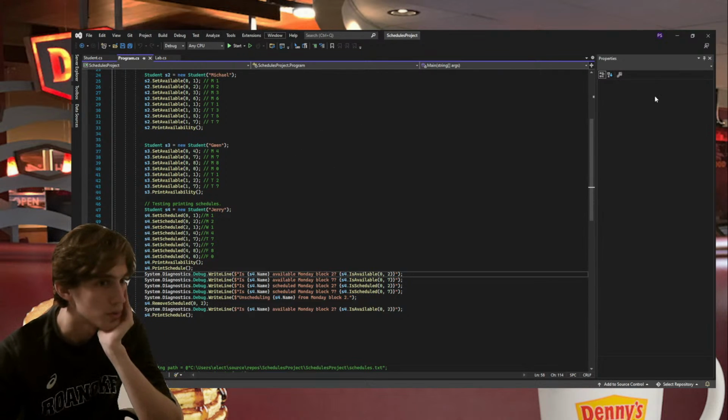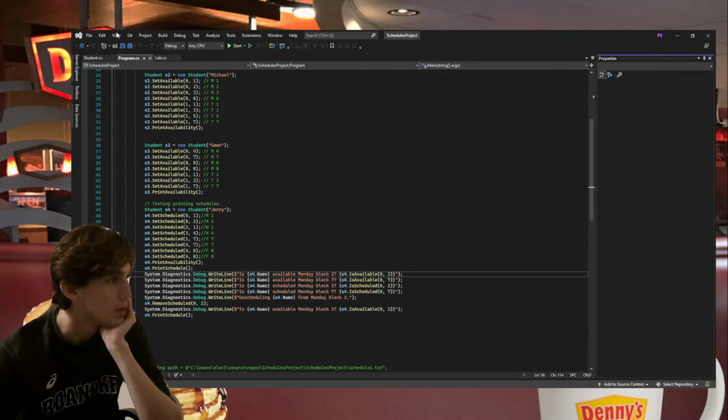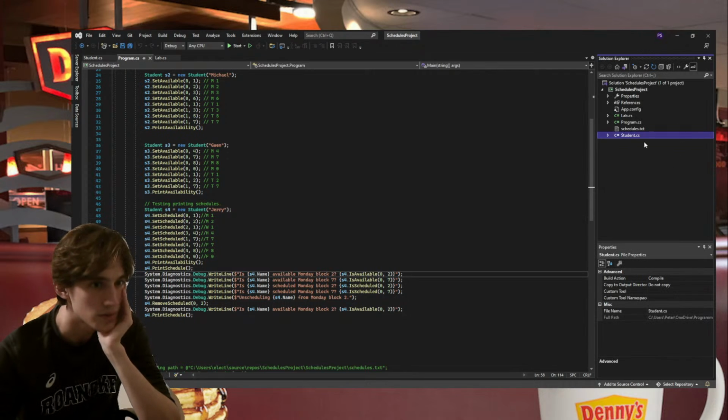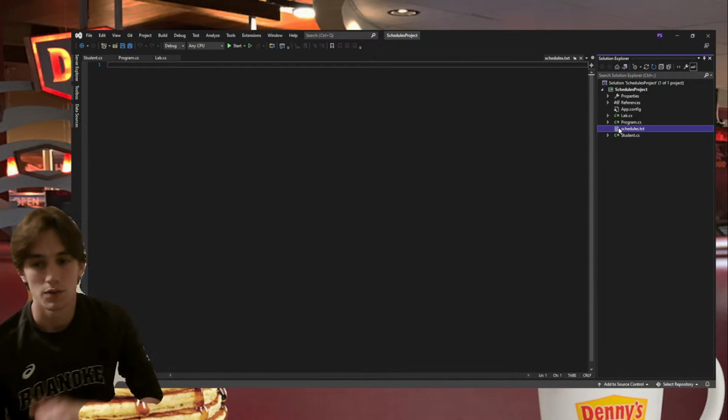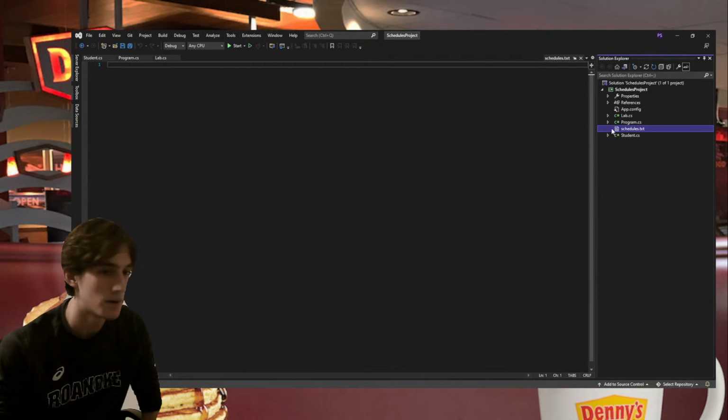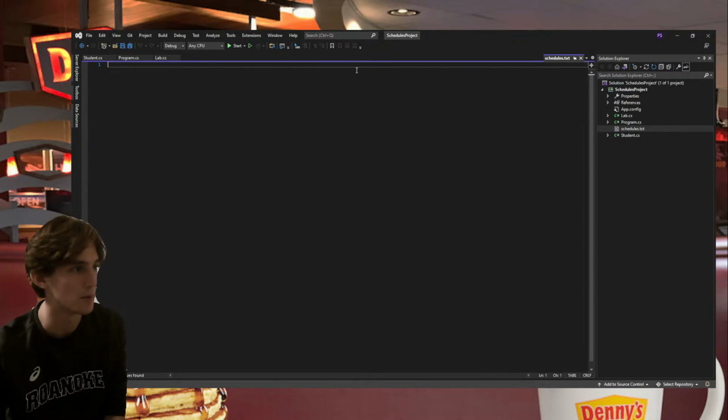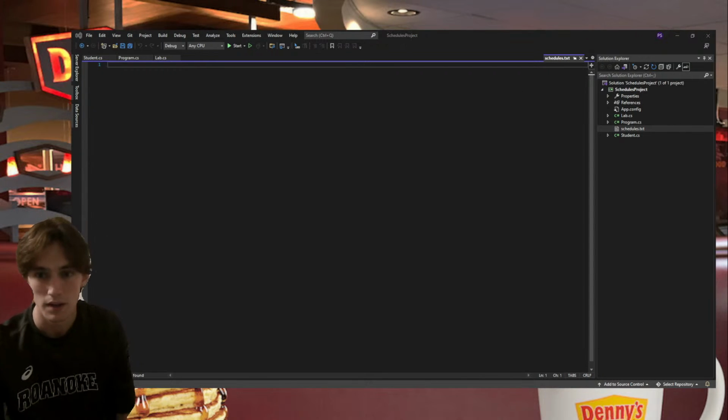Okay, so I need to look at the Solution Explorer. I probably should hide this. Yeah, okay. So I have a text file here, right? It's just an empty text file, but what I'd like to be able to do is